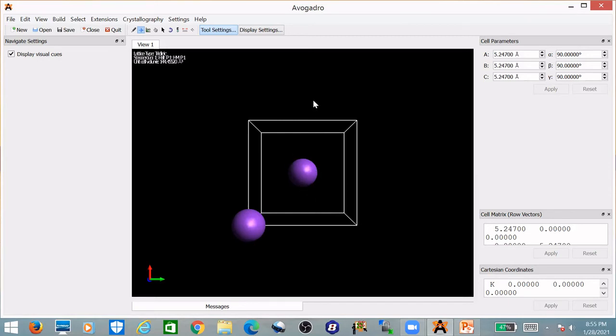So when you open a crystallographic information file, the positioning will tell you where the atoms are present, and the total number of motifs will give you an idea about how many structural units are present per unit cell. So since here there are two structural units, two atoms, hence in case of potassium there are two atoms per unit cell.